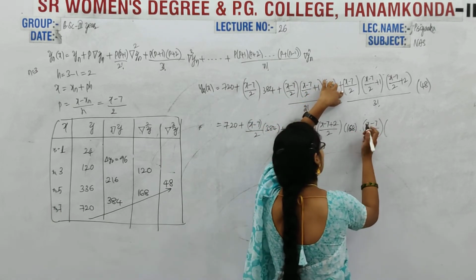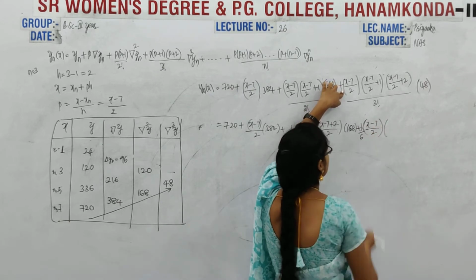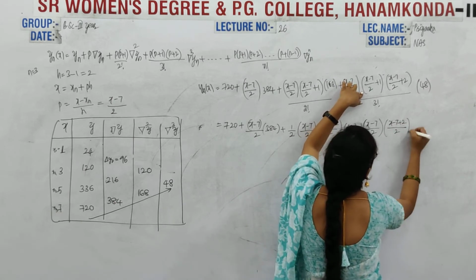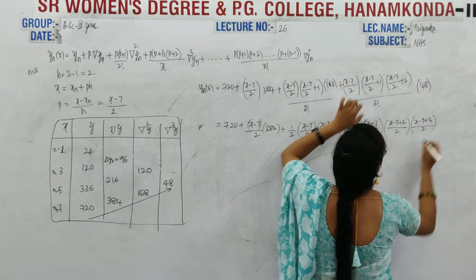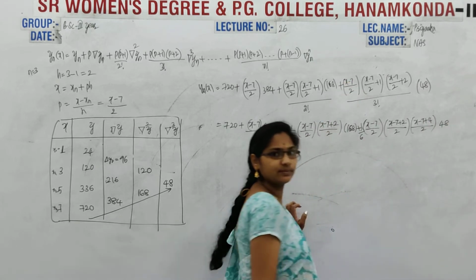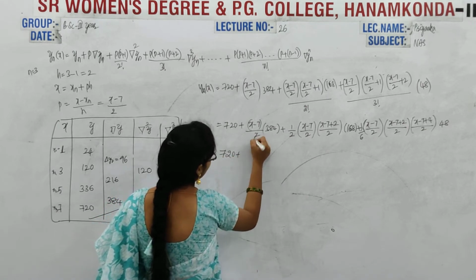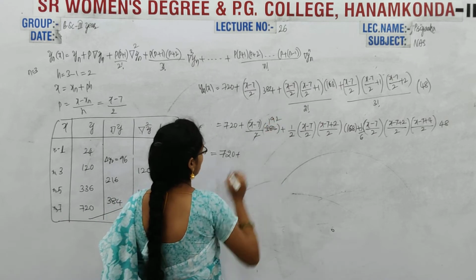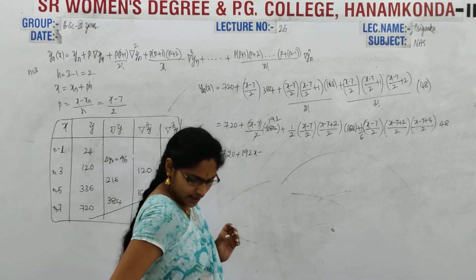of course here it is nothing but 1/6 also, okay, 1/6 (x minus 7). Now here (x minus 7 plus 2)/2, next (x minus 7 plus 4)/2 into 48. Then 720 plus, 2 1s are 2, 2 9s are 18. Now 192x minus, calculate